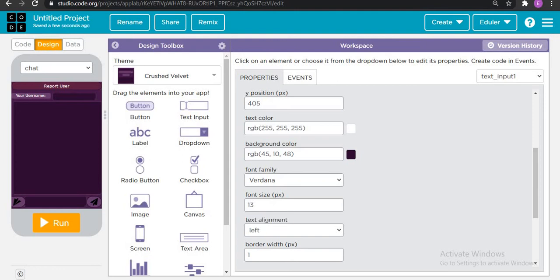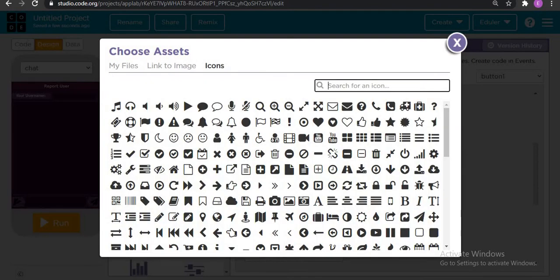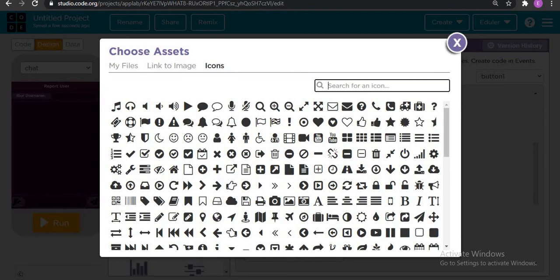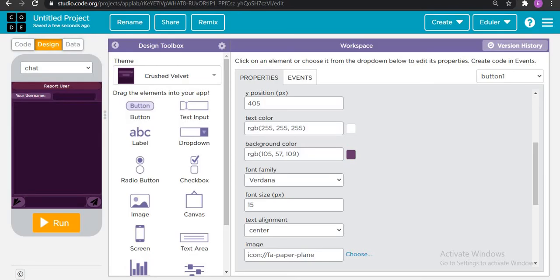Yes, so here I can just click on choose, go to icons and search for send and receive, and just choose the appropriate image which suits your purpose.